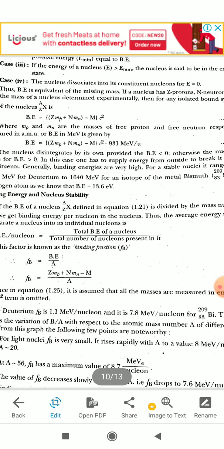So that separation energy, how much is required, that much is the binding energy. The binding energy for one atomic mass unit can be found using the mc square formula, that is 931.5, or sometimes 931 mega electron volt. And we can also calculate the binding energy per nucleon, that is the total binding energy of the nucleus divided by the mass number, the total number of nucleons present in it.